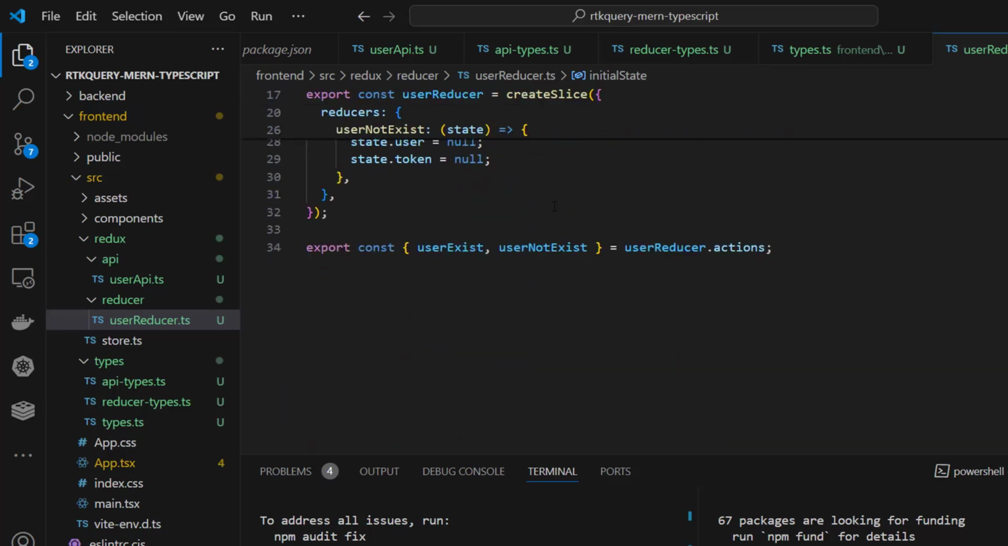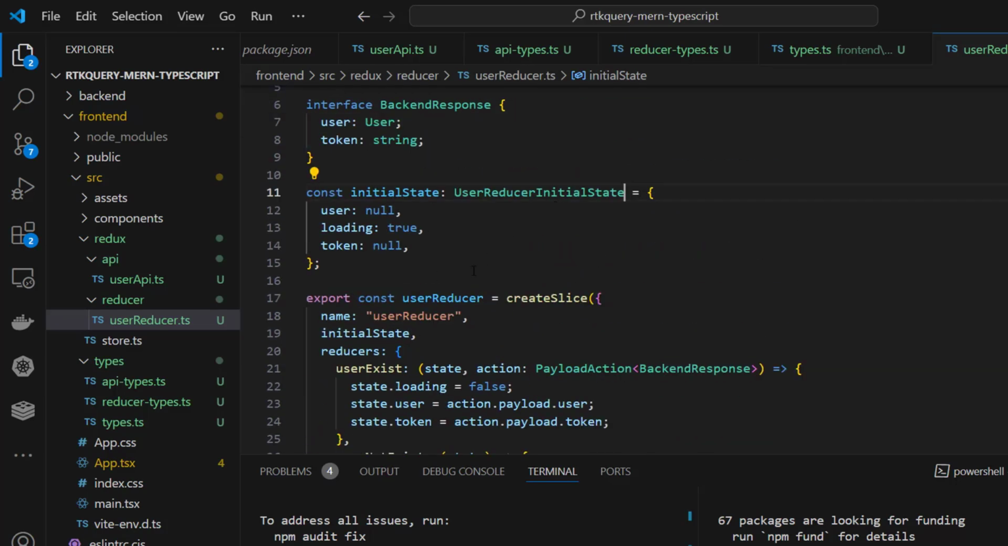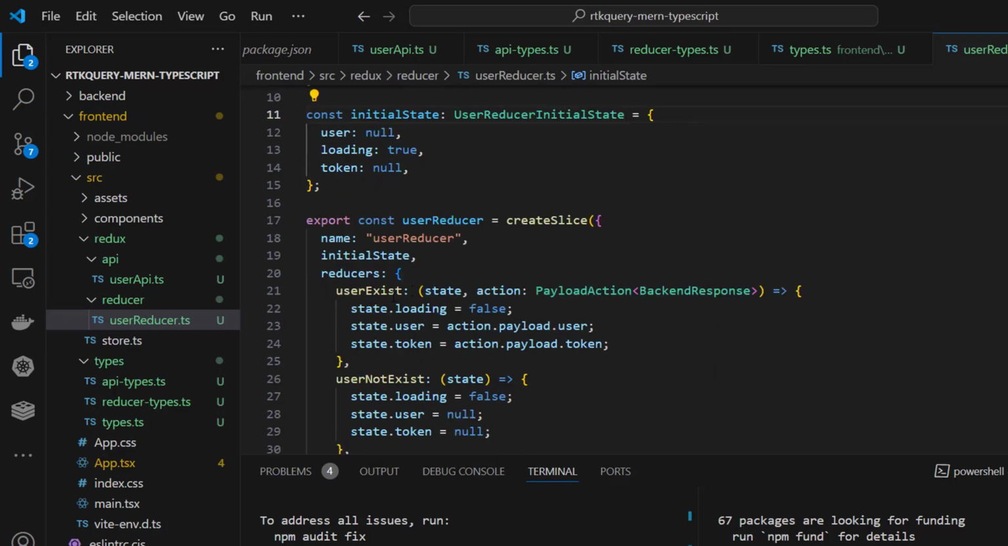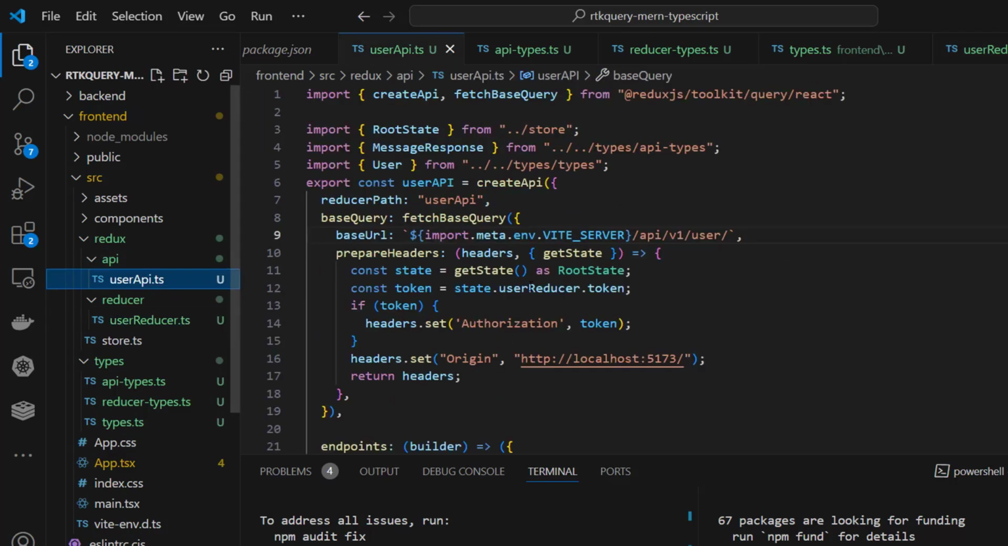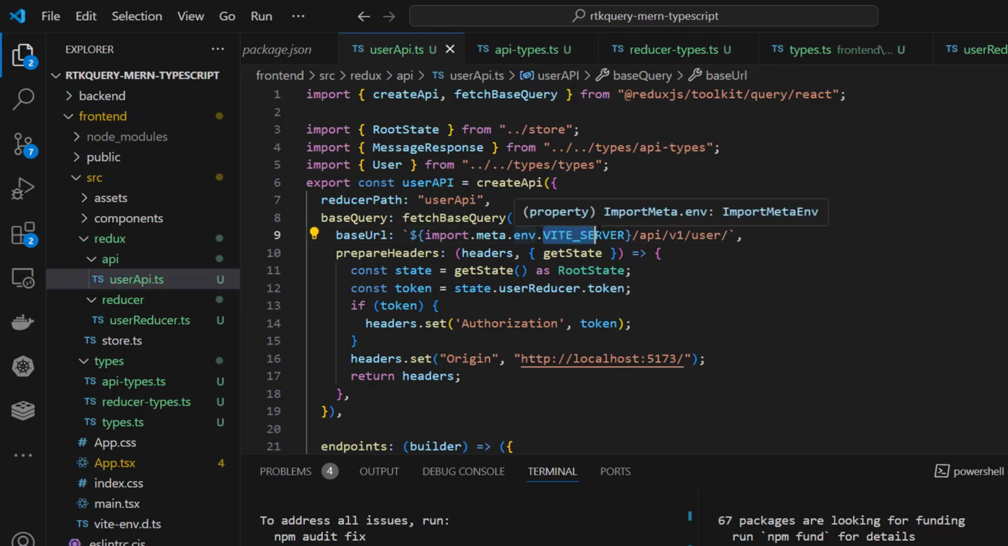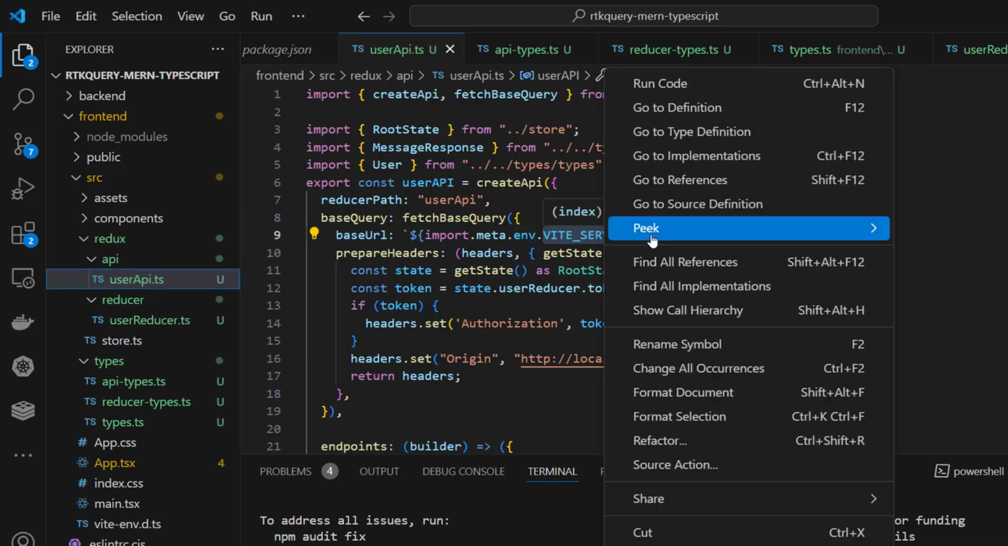So if you don't understand the code, don't worry. I will make you understand everything as we go along. I will even console log what data we are getting in the state, in the action, everything, and what the user API is getting. And another thing we need, the Vite server, right? The env Vite server. As it is a big project,